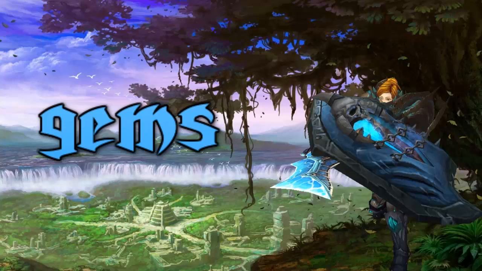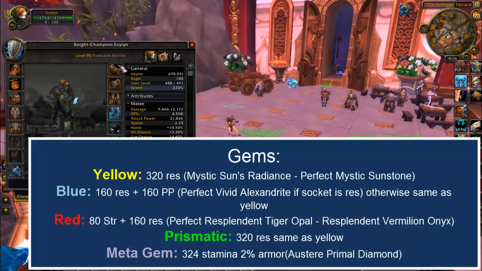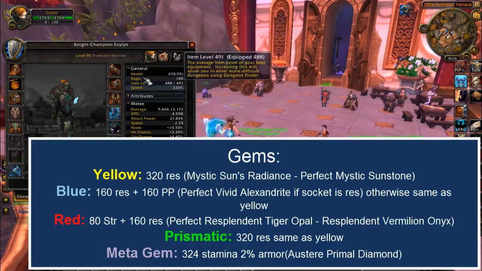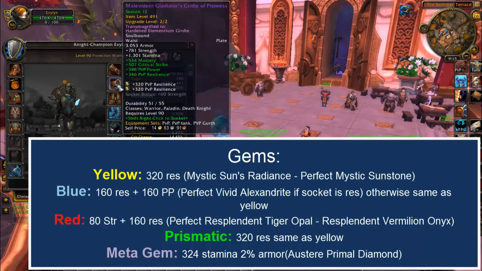Okay, so next up we're going to talk about what gems you should have. Basically you want to stack up to at least 67.5 resilience or 68 resilience, which is what I've gone for. Now I put resilience gems in both my gloves and my belt, specifically because the set